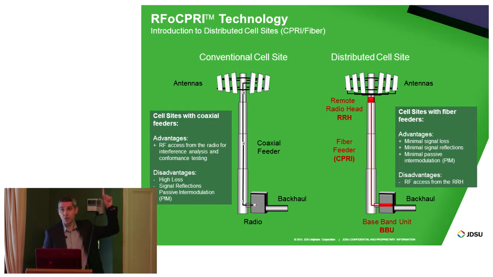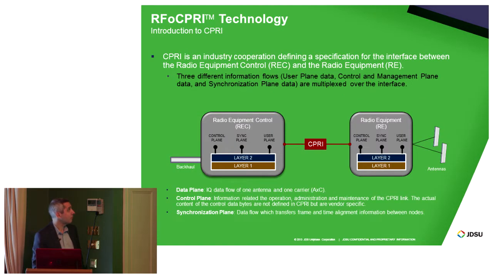The last thing you want to do is be continually climbing the tower. You want to minimize that as much as possible. So from a T&M perspective, both for install, turn up and deploy and manage, you want to be able to connect in at the baseband unit as close as possible to the ground. You might still have to climb the tower to do some things, but you only want to do that when you absolutely have to. So CPRI is this